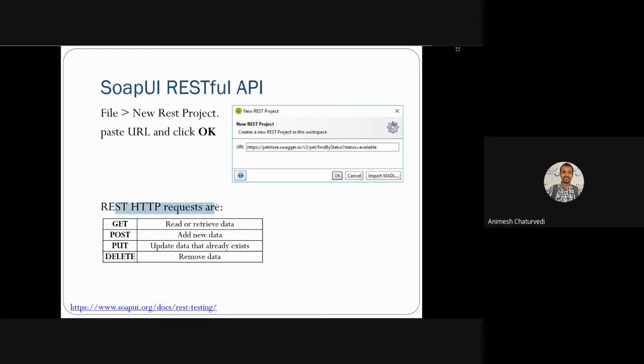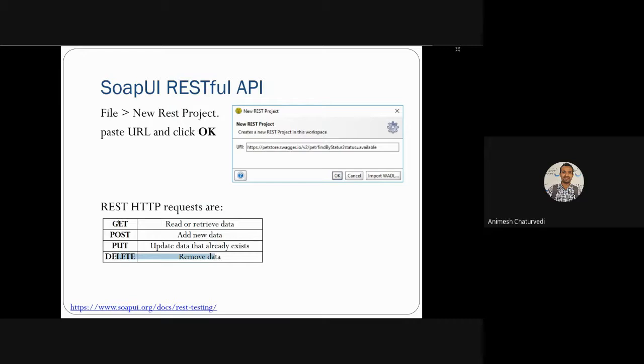Four types of request: get request, meaning whether it's available or not; post request, whether you want to add new data or not; put request, meaning update the data that already exists in that RESTful web service; and delete, remove data.